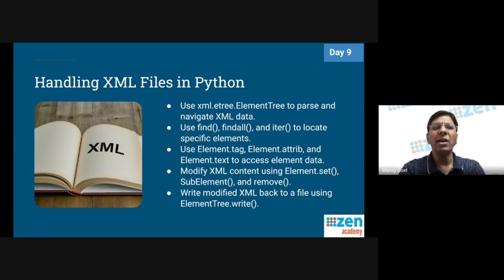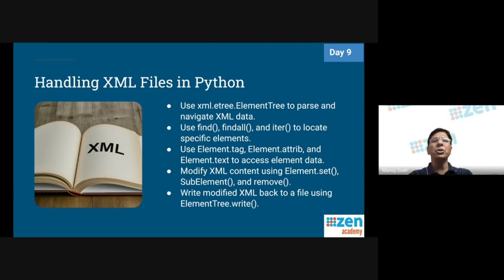We use element.tag, element.attrib, and element.text to access element data. If for an element you want to get some attributes, or tags, or the text, you can access them. Modify the XML content using element.set, SubElement, and remove methods, and write the modified XML back to a file using